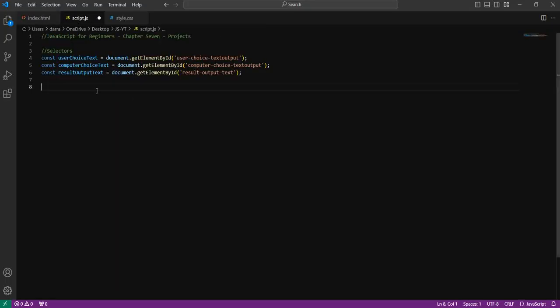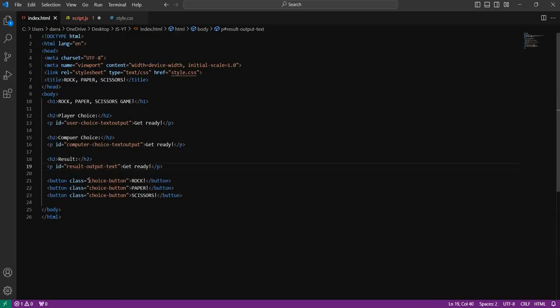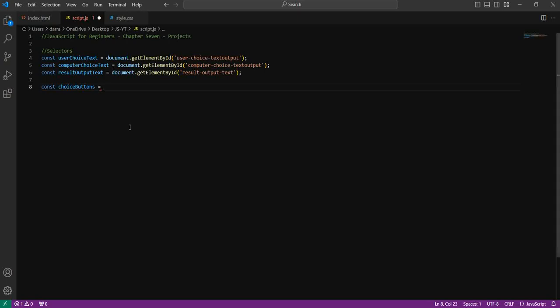What I want to do now is I want to get a reference to the buttons. So we'll say const, and I'm going to call them choice buttons, okay? Because remember, they're buttons and the user has a choice. And what we're going to do is we're going to use query selector. So the buttons all have this class of choice button. So if I just copy and paste, we're going to say